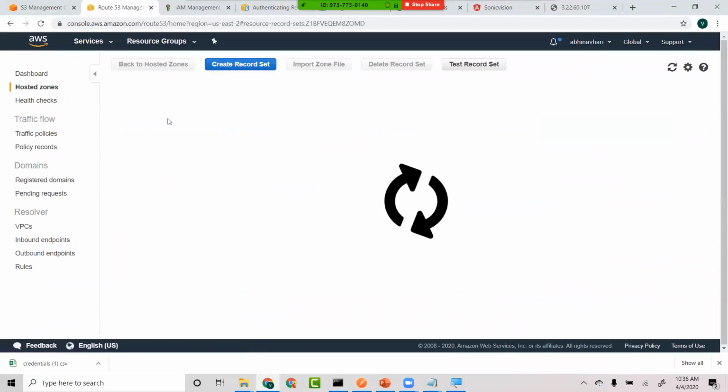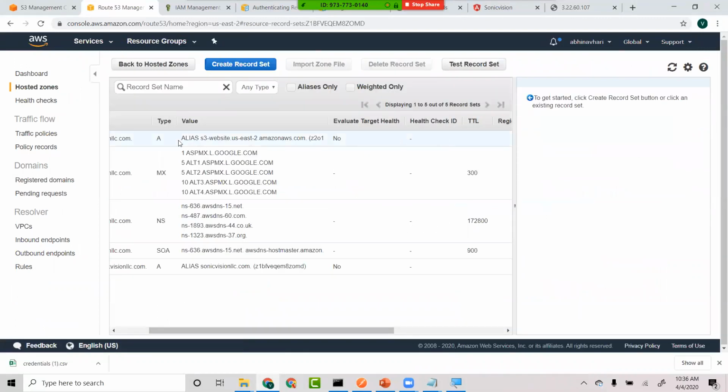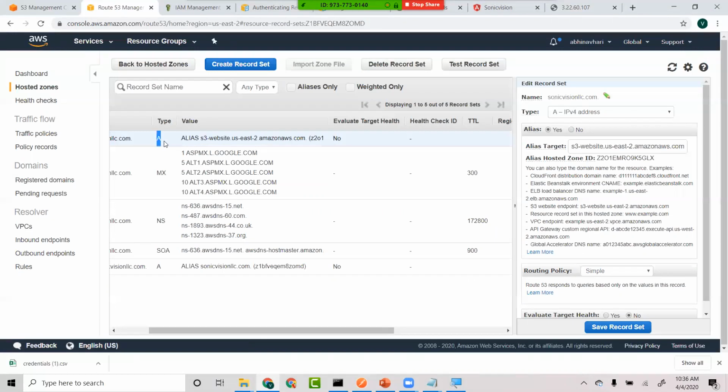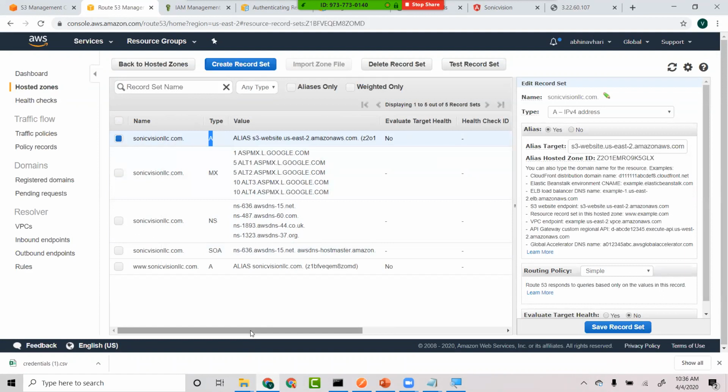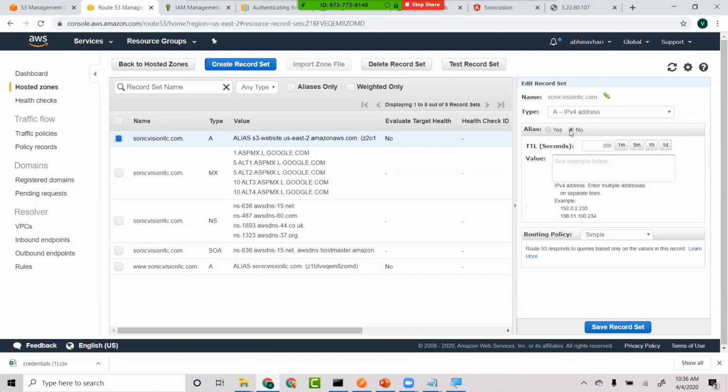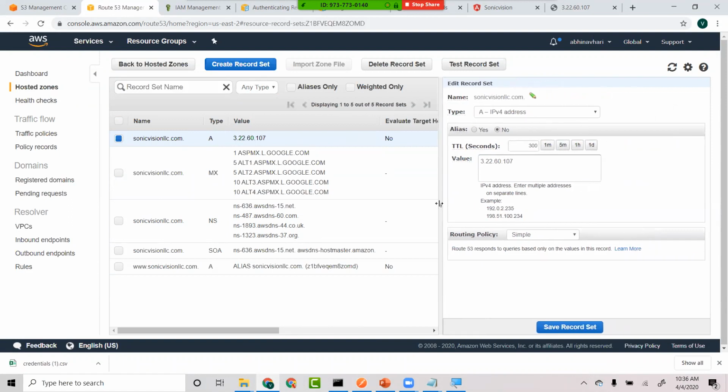Let's go to my website and then click on this. A record is what you have to look for. A record, naked domains, A record. So A record, and then alias target. Is it an alias? No, it's not an alias. So I'm giving a hard-coded IP. So this is IPv4. This is how in the world 80 to 90% of the DNS records